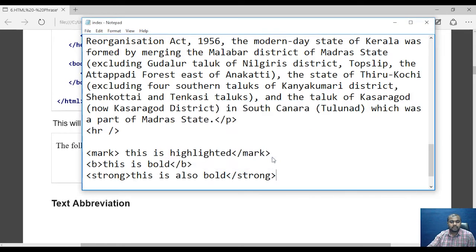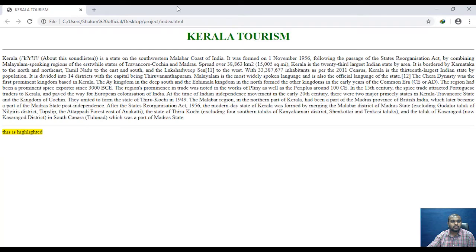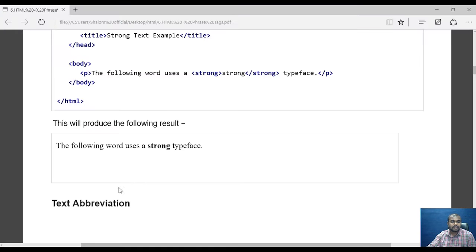I'll save this and we'll come back to Chrome and refresh. If you see here, both the outputs look very similar. The output the B tag and the strong tag give will be very much similar.